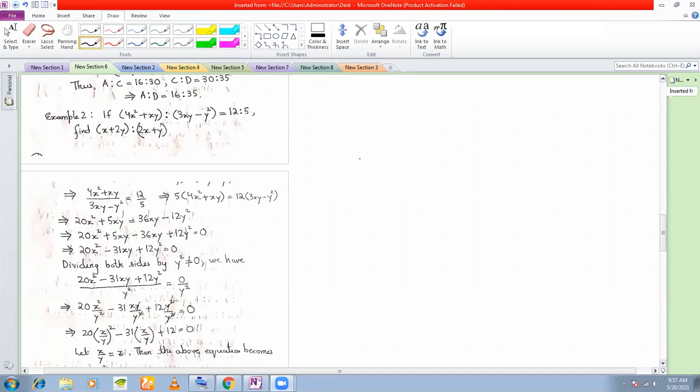If (4x² + xy) / (3xy − y²) = 12 : 5, find (x + 2y) : (2x + y). So given here is